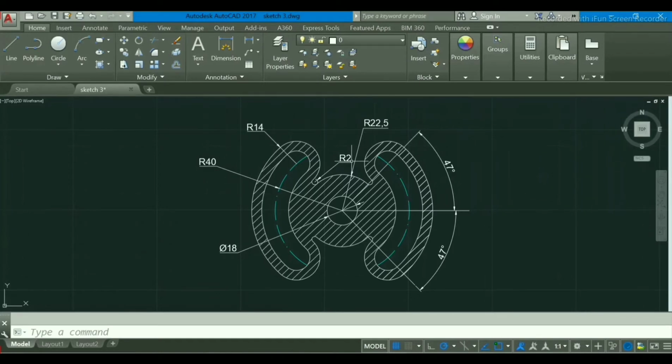This is a full arc sketch that I have made here. In this tutorial you will see how to create this by using the circle, arc and arc tool commands. So let's go to make it.